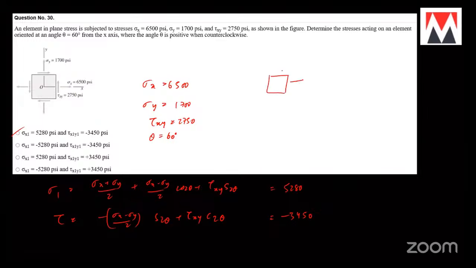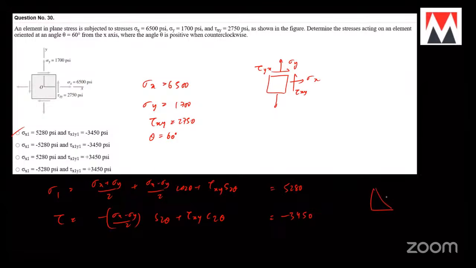you have all the stresses like this: sigma 1, sigma 2, sigma x, sigma y, tau xy, tau yx. You are writing the principal stresses and principal shear stress in terms of all the stresses which are given in each direction. Sigma x plus sigma y. You don't have any sigma z direction. So you write sigma x plus sigma y, sigma x minus sigma y by 2 cos theta plus. This you can derive actually. I think in the first 2D stresses itself, we'll be deriving this, right?